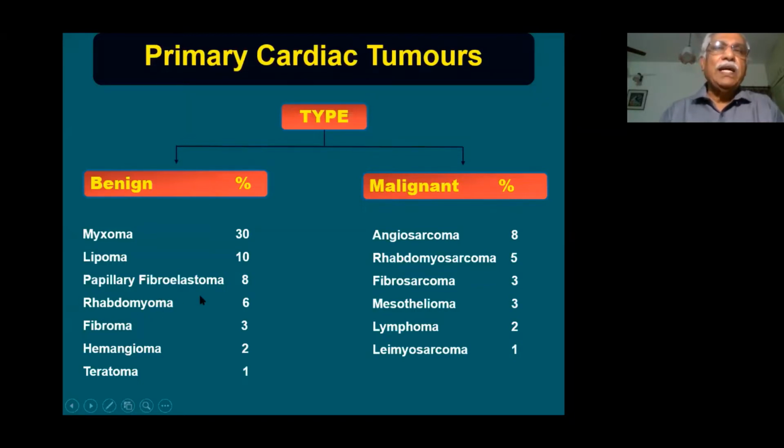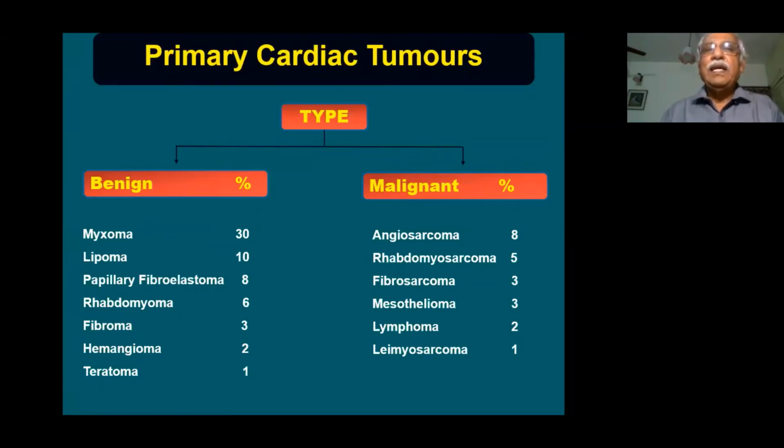So if you see a cardiac mass in an echo in a patient about 1 or 2 years old, the first diagnosis you should consider is rhabdomyoma. The second commonest tumor, especially in children, is a fibroma. Hemangioma can occur, and also teratomas. There are a number of other benign tumors which can occur inside the heart. Among the malignant tumors, sarcoma is the most common one. Angiosarcoma, rhabdomyosarcoma, fibrosarcoma, etc. can occur inside the heart.